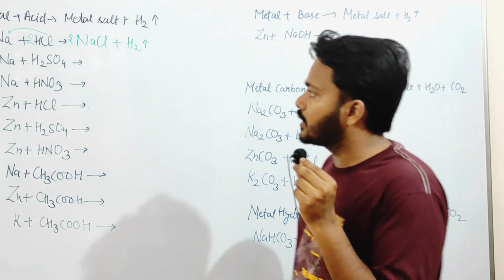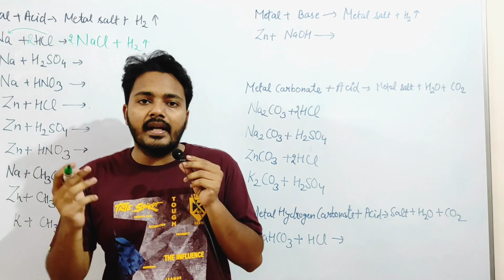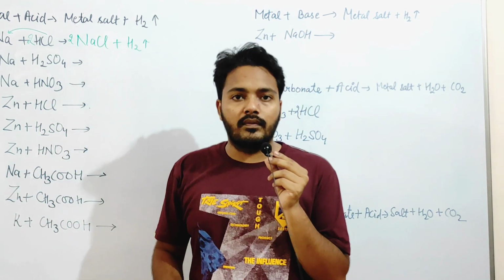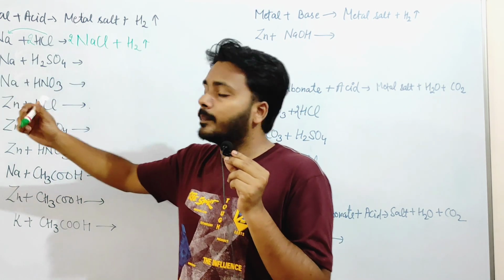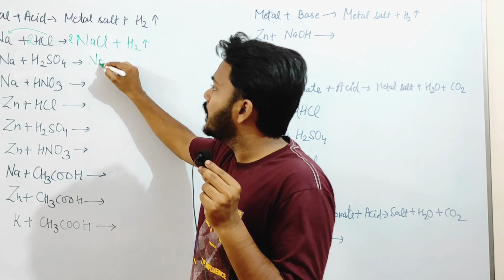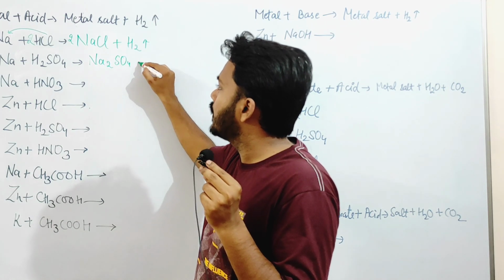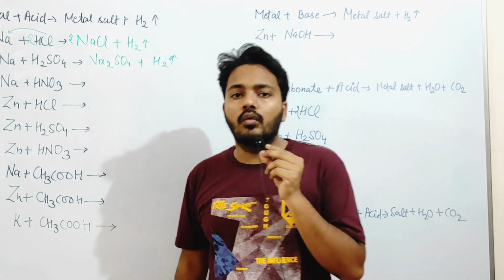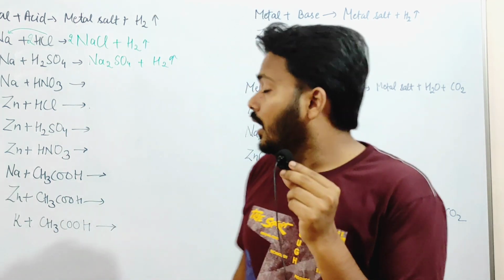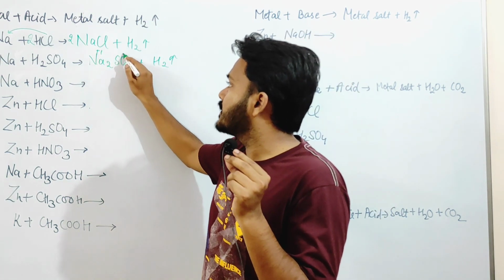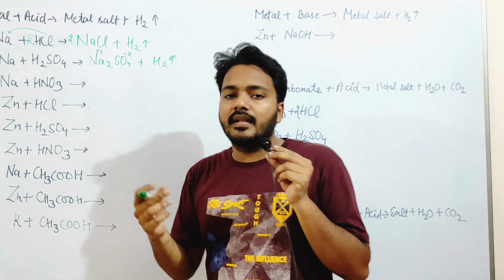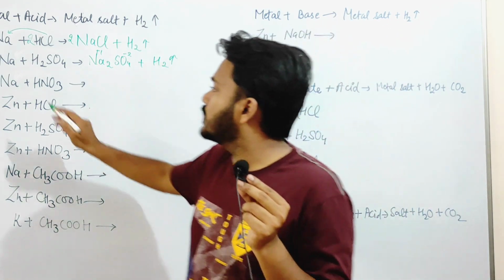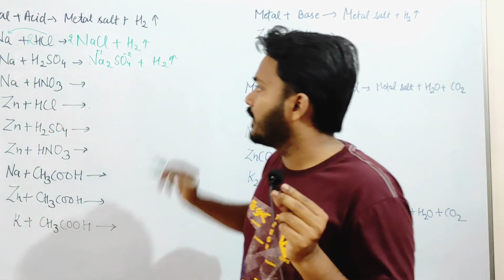Now moving to the second question. Sodium, again the reactive metal, reacts with the king of acids, that is sulfuric acid, H2SO4. Combine this anion with this cation, Na2SO4 plus hydrogen. Why Na2SO4? Why is it not NaSO4 only? Because sodium has +1 charge and sulfate has -2. So balancing the charge we have multiplied Na with 2. So now again balance the reaction. Now it is a balanced reaction.